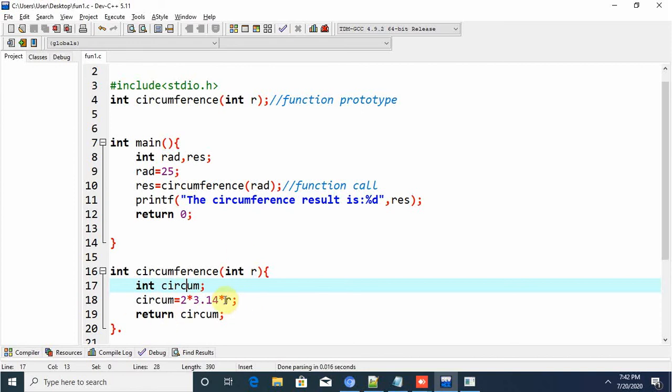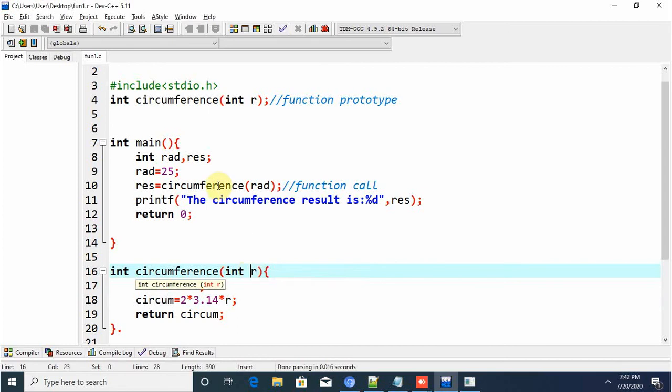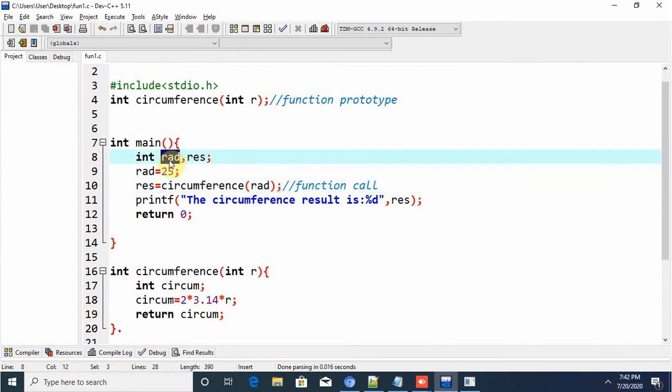And this r value, where are we getting this r value from? From the main program. From the main program we are getting the r value using the rad variable, rad, which is an actual parameter, an actual variable.